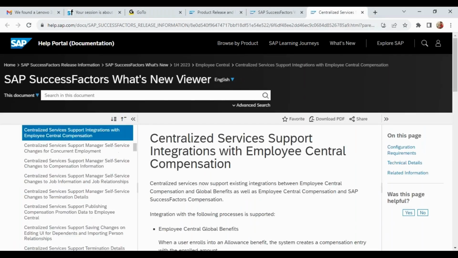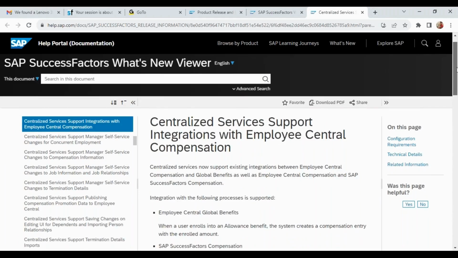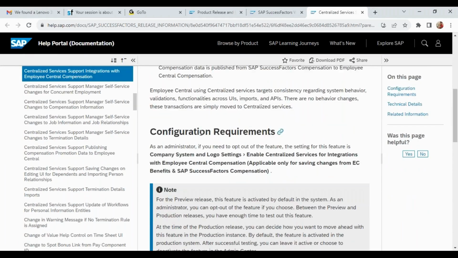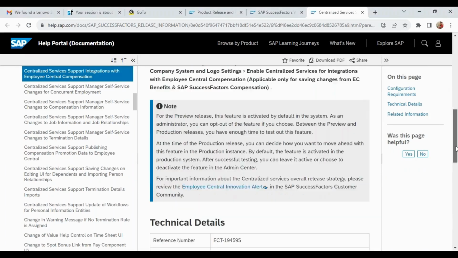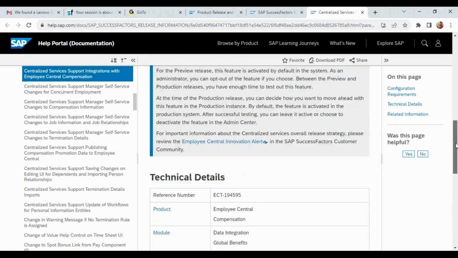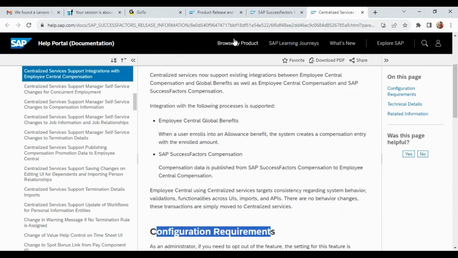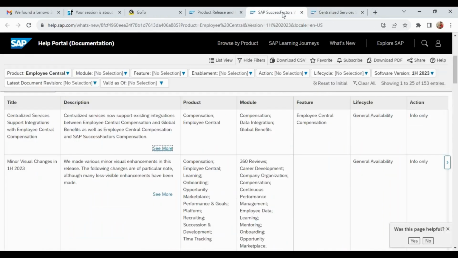What exactly is this? What is the impact, or if there is any configuration, what configurations we have to do? Okay, it explains all of the information. Now some features you will also see these screenshots as well. This is what is changed in the system. Okay,